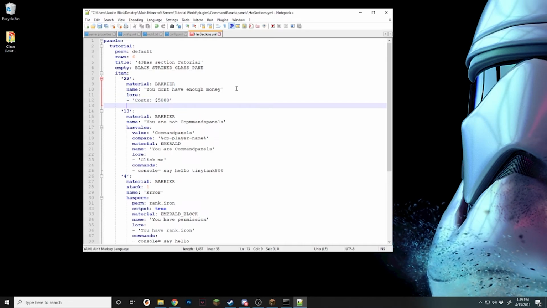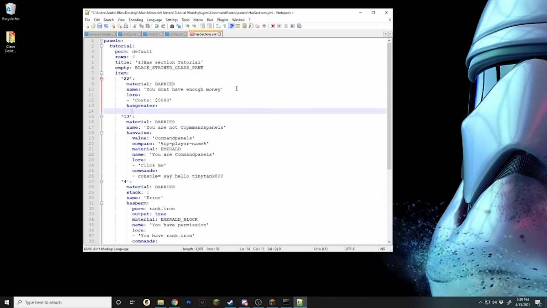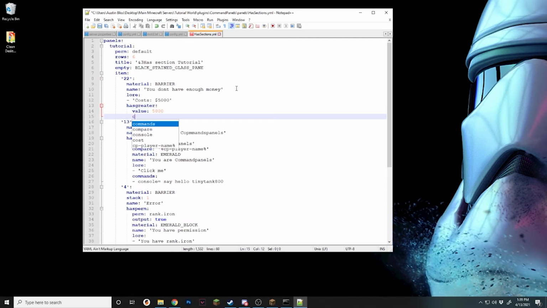Now, what we're going to do is a Hasgreater. And a Hasgreater is kind of like Hasvalue. It requires a value of a number. So we'll give it 5,000. Compare. And we're going to use